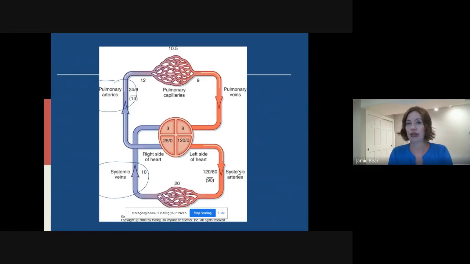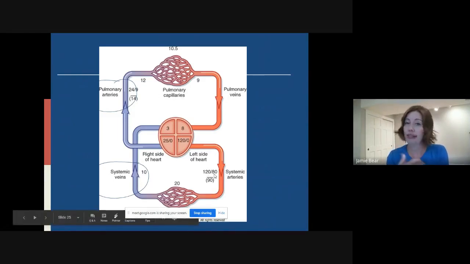Very similar to our respiratory system, where we needed to create those pressure gradients, the transrespiratory pressure to bring air down through the tracheobronchial tree, and then the transpulmonary pressure to keep the lungs inflated. Same with our cardiovascular system: we have to have two different pressures to create that pressure gradient to move the blood. So here in the systemic system,